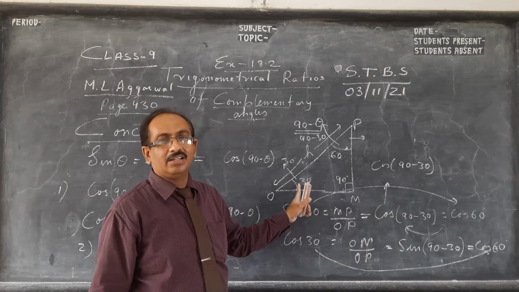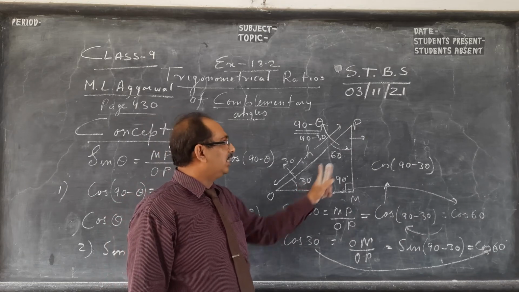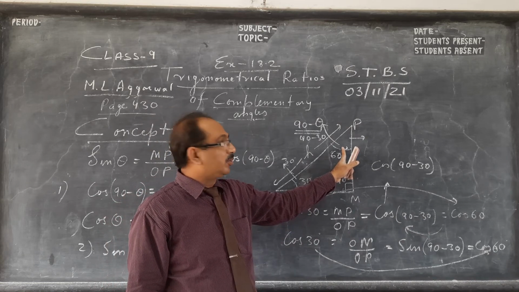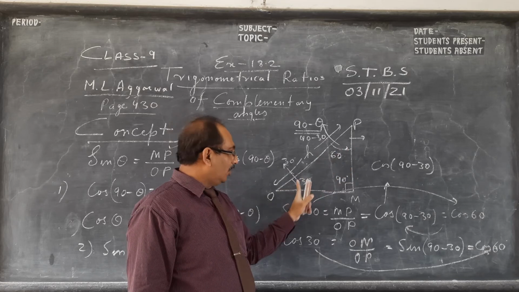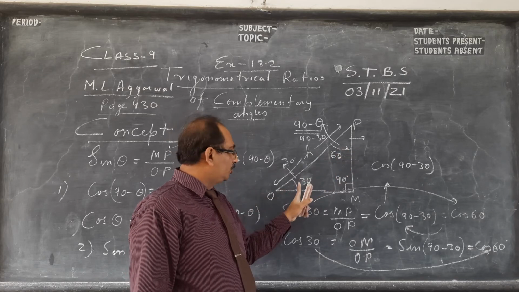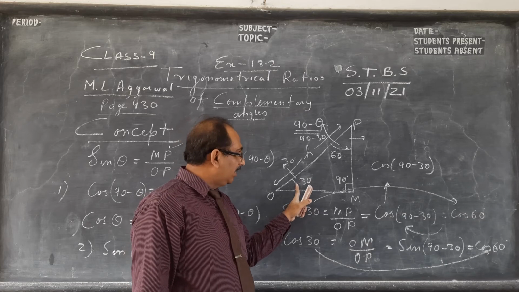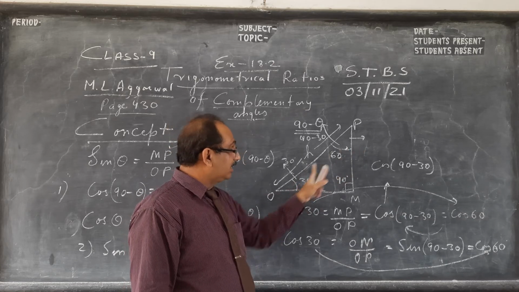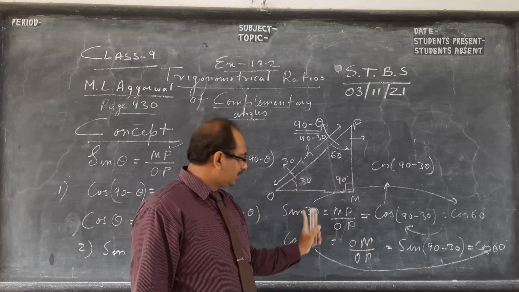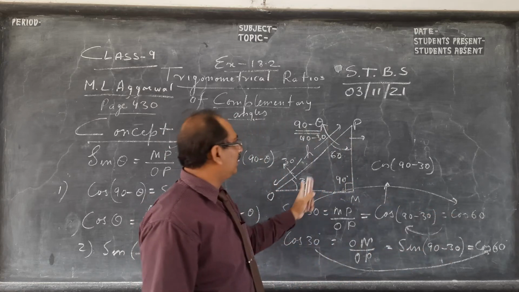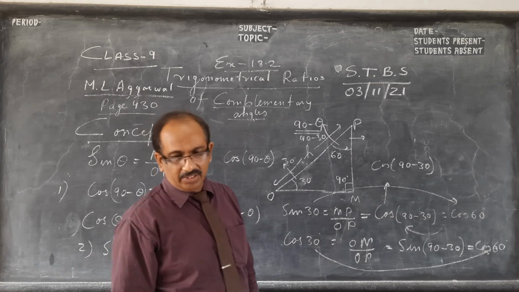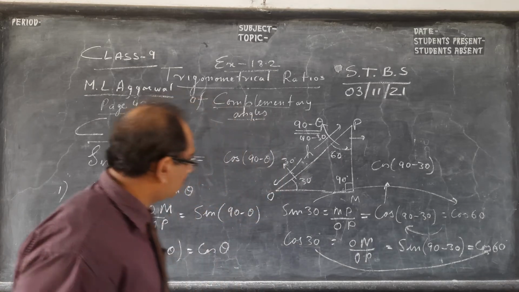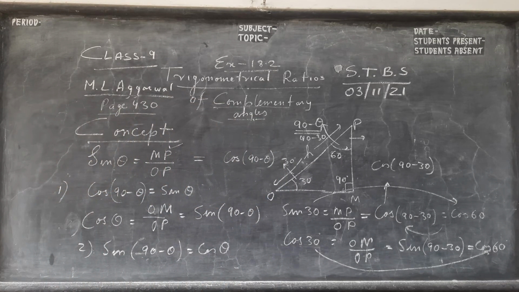Suppose this is 1 degree. One example I am giving you: sine of 1 degree is cos of 89 degrees, because you subtract from 90. Okay, cos of 1 degree is sine of 89 degrees. Suppose this is 10 degrees. Sine of 10 degrees is cos of 80 degrees. Cos of 10 degrees is sine of 80 degrees. Just these two values, what you see, they are complementary. So last few formulas, pause the video and copy. Some more formulas I'll give, and then we will end this video.